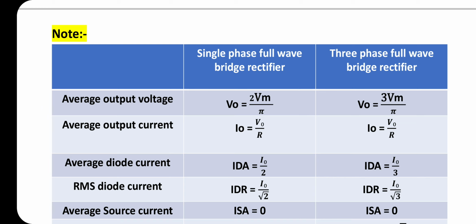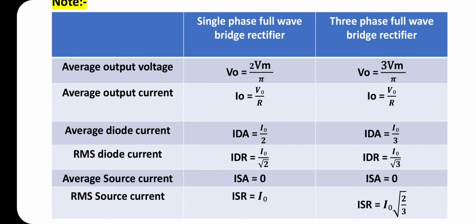For single phase full wave bridge rectifier and 3-phase full wave bridge rectifier, the equations for various parameters. Average output voltage for single phase is V0 equal to 2 Vm by pi. For 3-phase it is 3 Vm by pi. Average output current I0 equal to V0 by R for single phase and 3-phase. Average diode current IDA is I0 by 2 for single phase full wave bridge rectifier and for 3-phase it